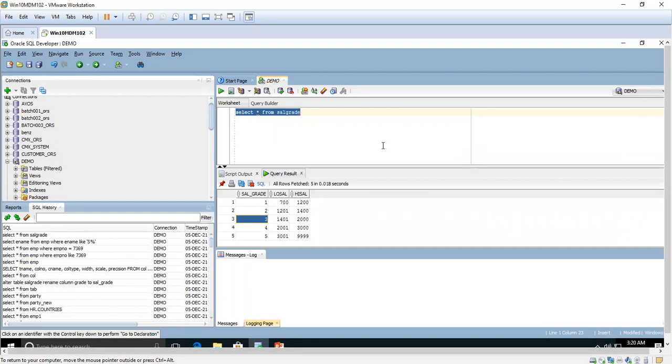Here I am going to take the table sal grade. I'm not going to take the table employees. I'm going to take one table called sal grade, and I'm going to drop two columns, low sal and high sal. Here we have three columns: sal grade, low sal, and high sal. That means low salary, high salary, and salary grade. It's a sample table only. We are going to drop the two columns, and the two columns contain data.